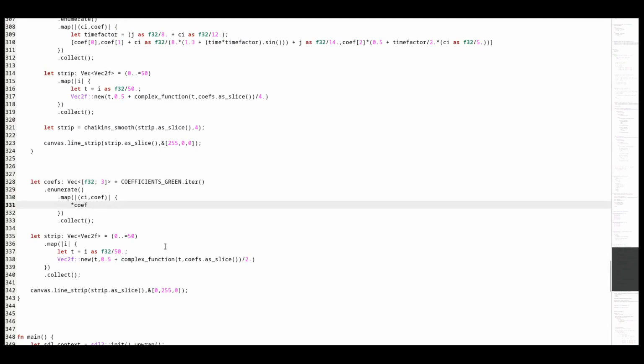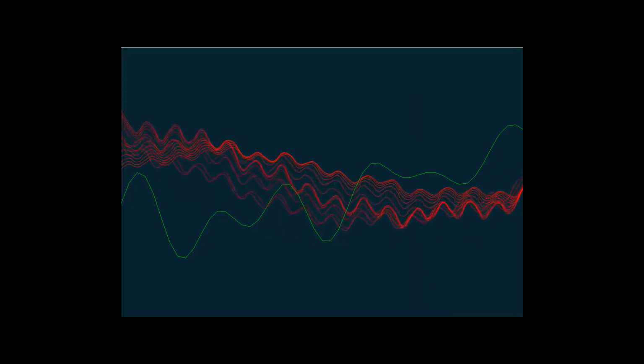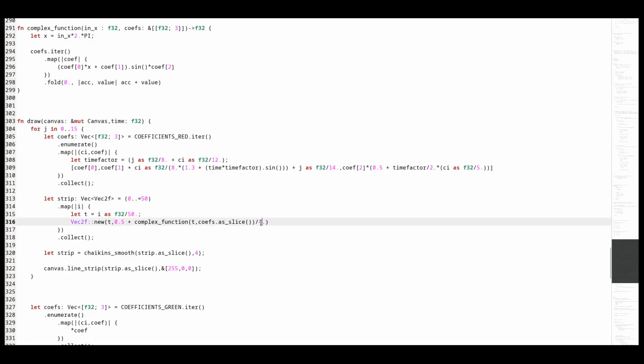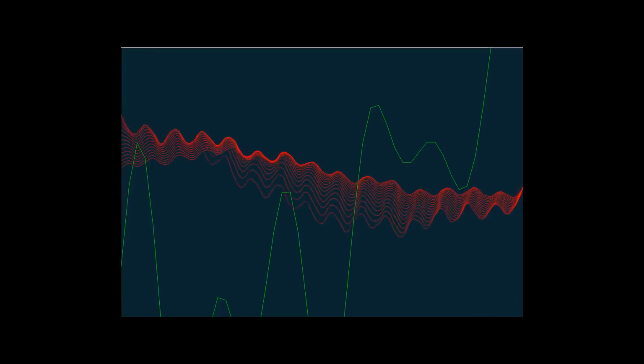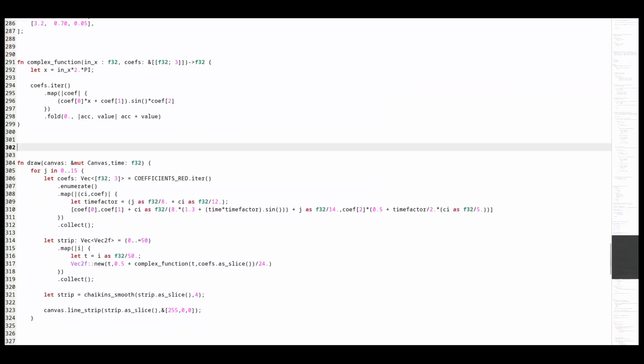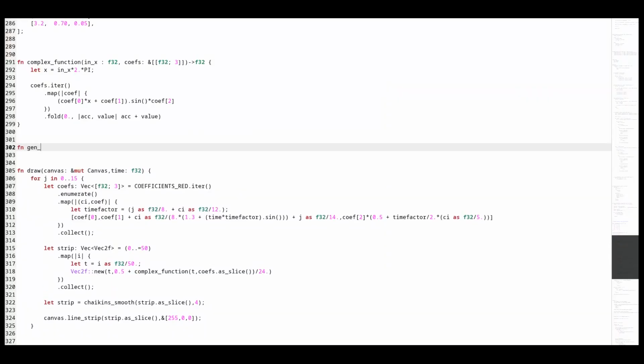This is what we have got, not pretty. Maybe I need to remove this normalization factor from the complex function and add the limiter directly to the generation code pieces. Way better. Now we will separate these code pieces.